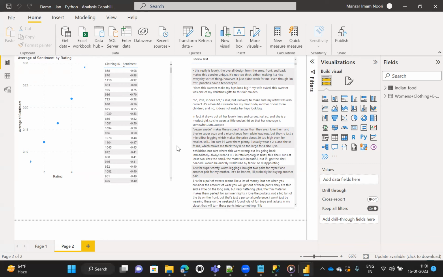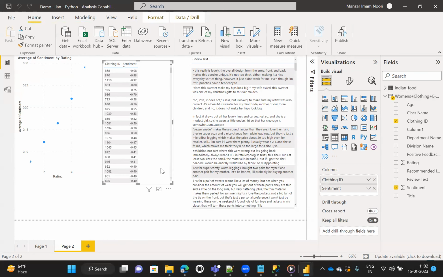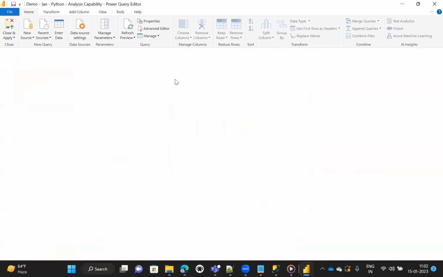So these 2 sessions will cover how you can integrate the different tools, Python versions, and install the different models to utilize them. All of those things will be covered. Here you can see that we have used a few of the models and tools. Let me go to the transform.